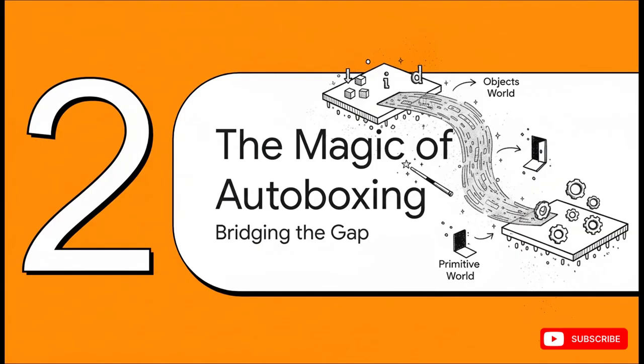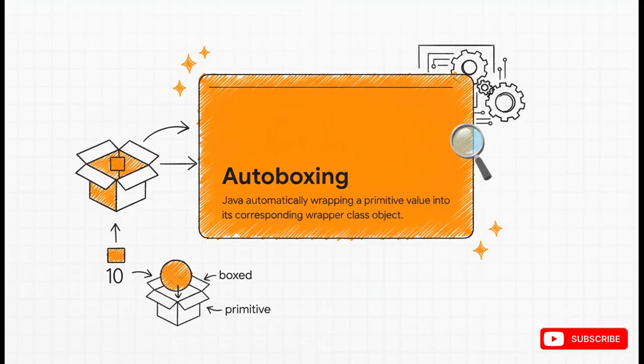And this is exactly where the magic comes in. To bridge that gap and just make everything smoother for us developers, Java introduced autoboxing. It's this elegant, almost invisible solution that lets us jump between these two worlds without even breaking a sweat. So at its heart, autoboxing is just the compiler automatically wrapping a primitive int into an Integer object for you. And the reverse of that is called unboxing. It's really that simple. Something that used to be a manual chore now just happens silently.